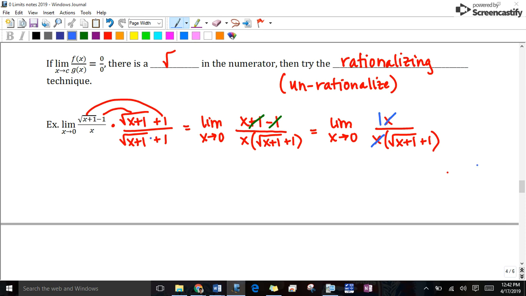Okay, so we have used our conjugate. We've done some simplifying. Now I want to recheck, will direct substitution work in this new form? So now can I go ahead and plug in my 0? Okay, numerator's fine because it's just a single 1 up there. Denominator, what happens when I plug in 0? I get the square root of 0 plus 1. So 1 plus 1, and that equals 2. So this limit is actually 1/2, which we never would have seen